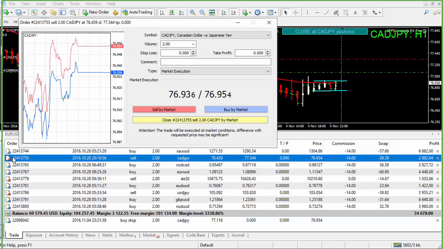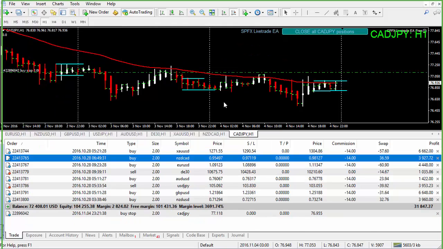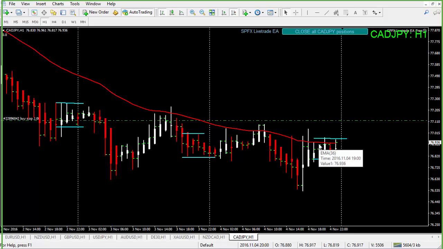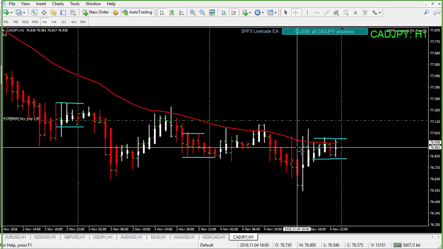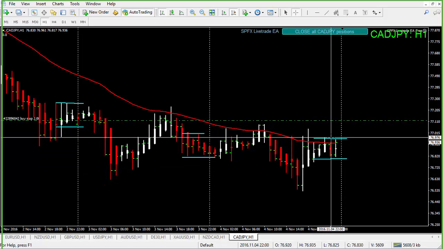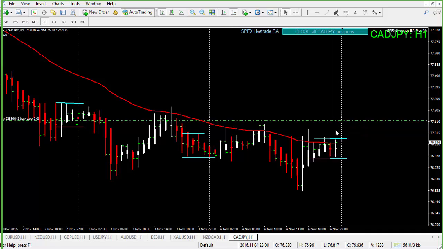CAD yen. Okay, so what I'll do, I'll just close this one. It's over. Okay. Now I have one here. This is my range. It's a little bit spiky here, so 10 pips plus spread somewhere here is the order